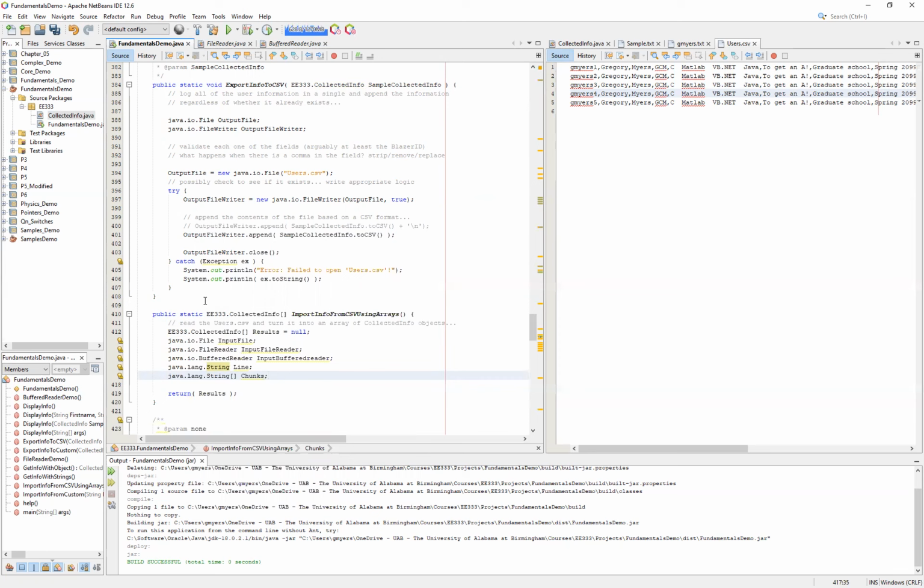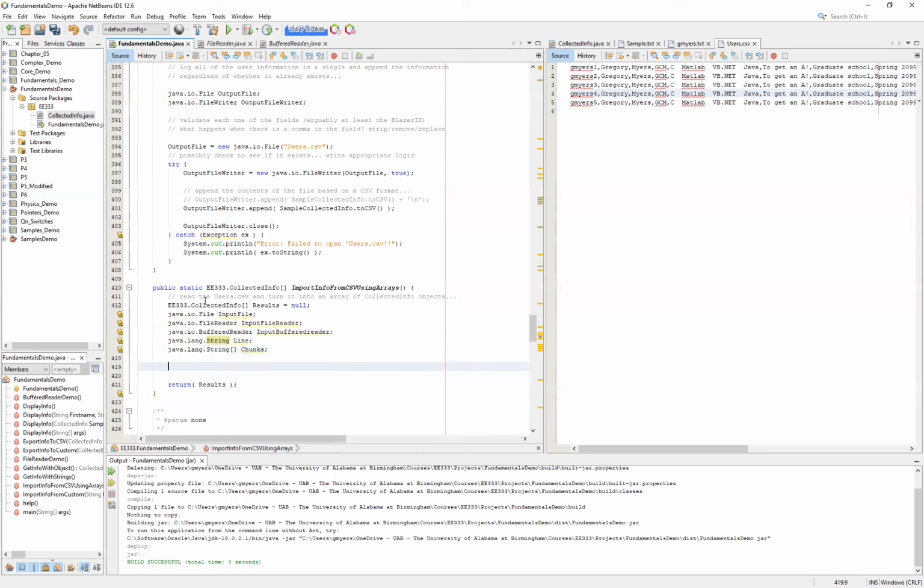We are going to essentially just have to check to see the number of chunks that we have as a result of splitting a line. And then from there, we will write our logic as to whether or not we add an element to our array. So let's go ahead and get started. We'll start off by initializing or calling the constructor for our input file. And so input file is going to be equal to new